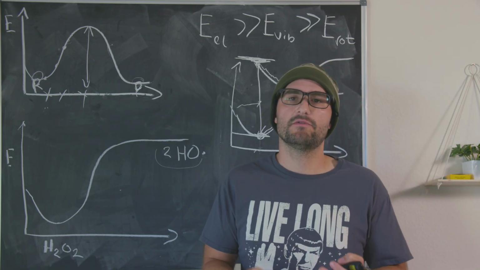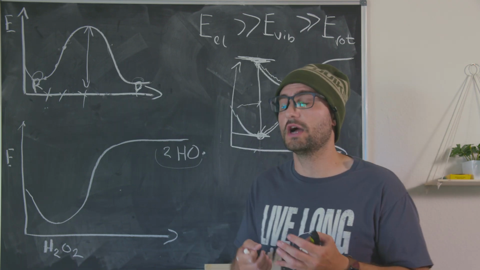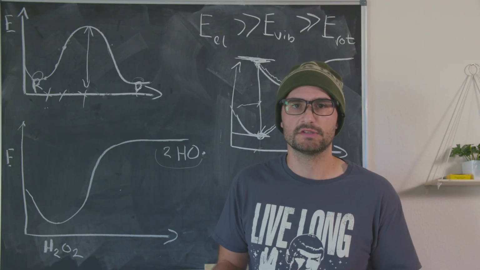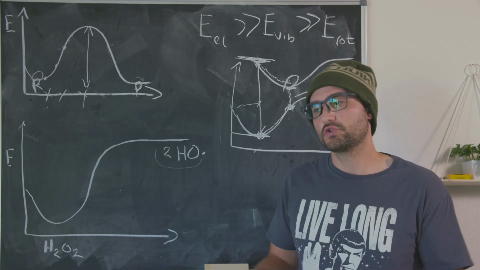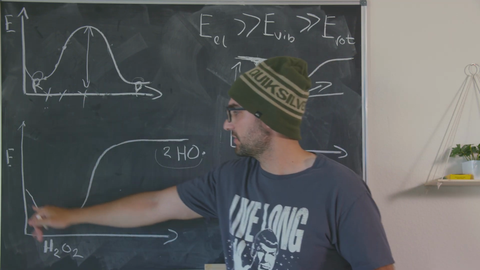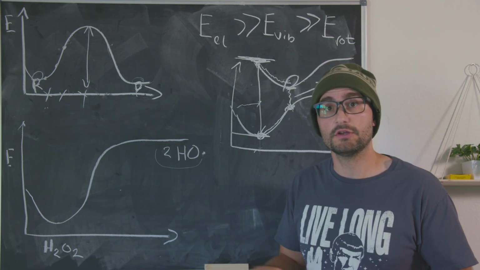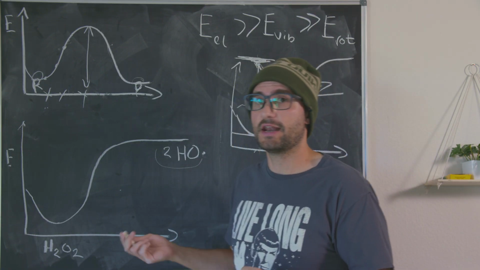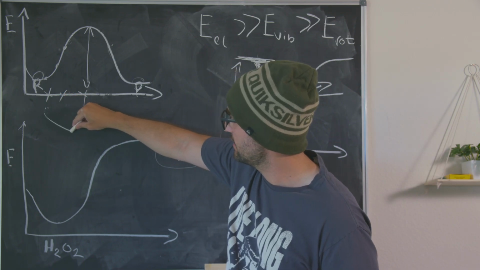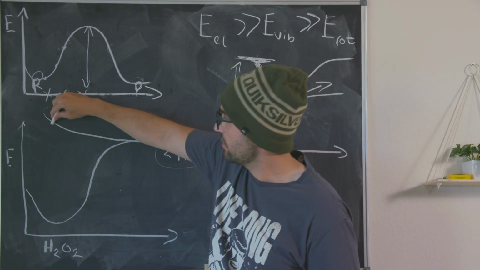How does that involve hydrogen peroxide? How does hydrogen peroxide break down into two hydroxyl radicals, which is the reaction that we've been trying to describe this whole time, where we know that it somehow absorbs light. So we have to know what the potential energy surface, what the Born-Oppenheimer surface is, not in the ground state, because we know the ground state, but in the excited state. And if you either look it up or you do the calculation, you plot it, I'll post the paper that I got this from in the description, but it looks something like this. And that's, I think, quite revealing,